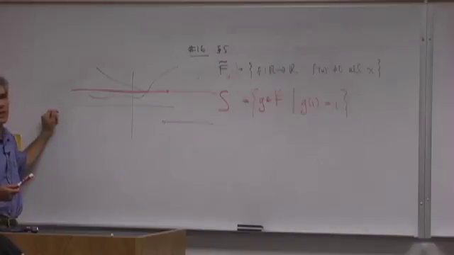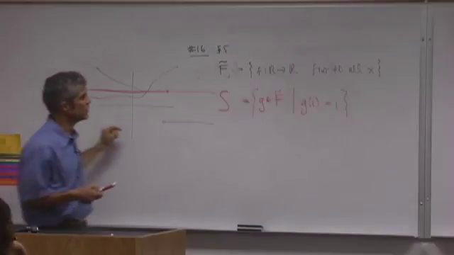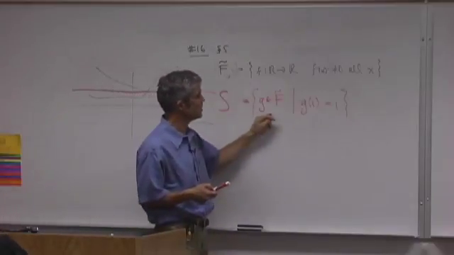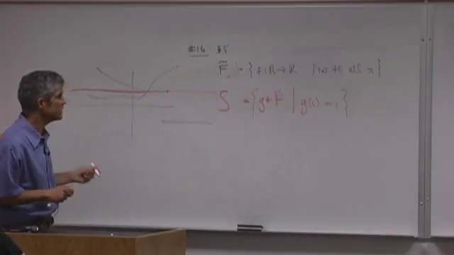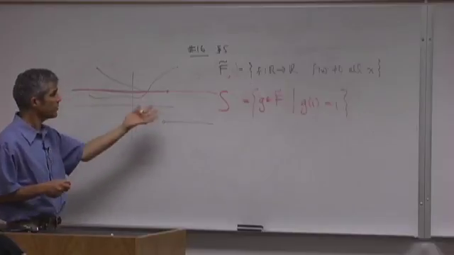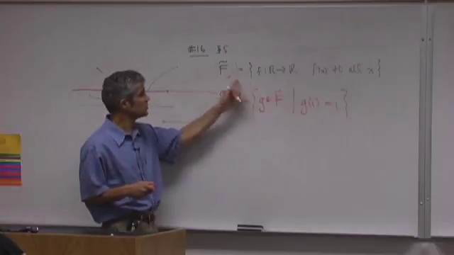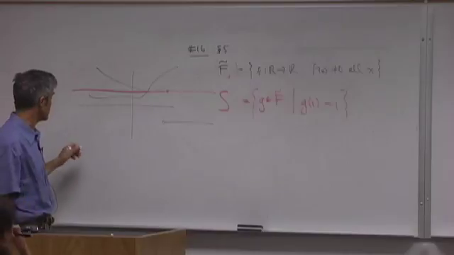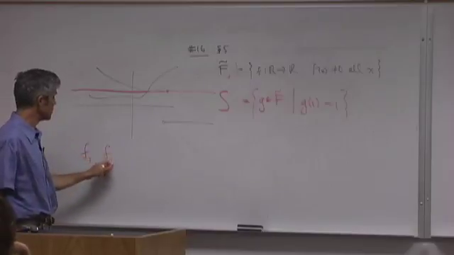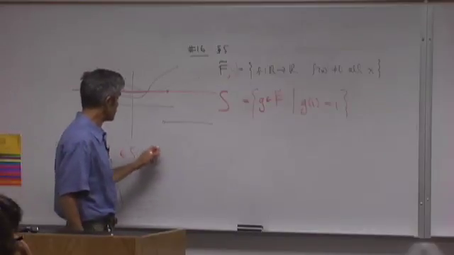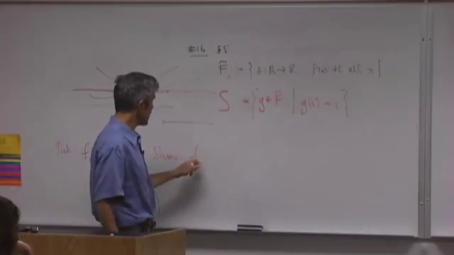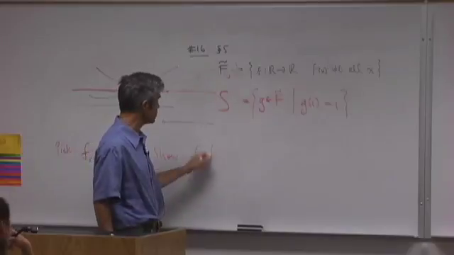Okay, now, question, is this subset actually a subgroup? Well, what do you got to do? You got to make sure that when you take two things in here and you do whatever the operation is, that you get a result that's in there. So what do you have to do? You have to take two things in there. What are the things in this set? They're functions. So you have to take two functions. What do you want to call them? How about f1 and f2? So pick two functions in the set. Show that when you do the operation, and the operation is simply function multiplication,